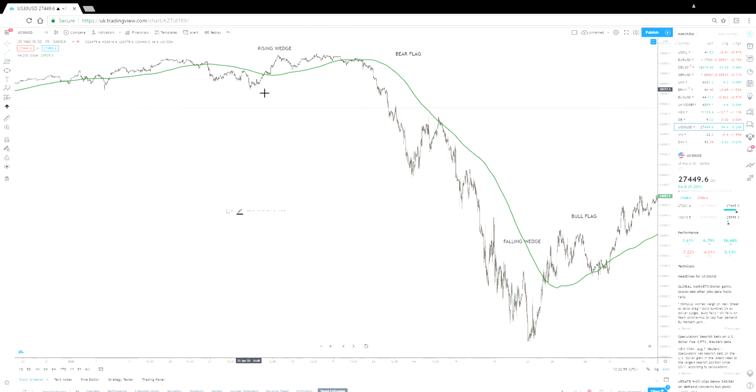We're literally looking at joining these points towards the end. Some people include the wicks, other people don't. I do like to include them with mine. What we do is you just literally look to join the tops and the bottoms. So at this point, you don't know exactly when price is going to drop, but one of the keys, and